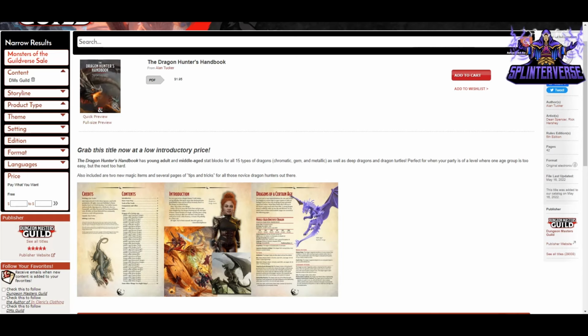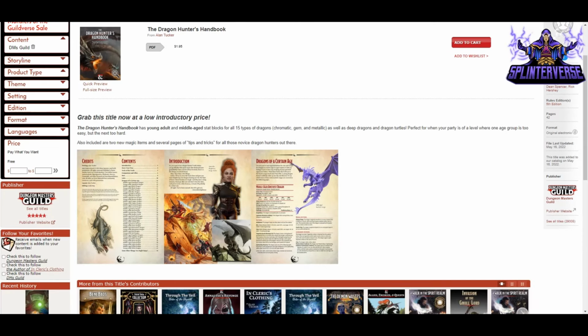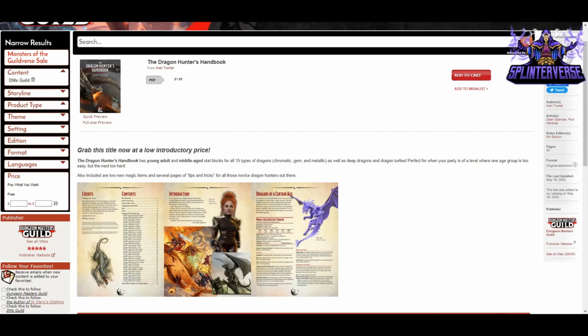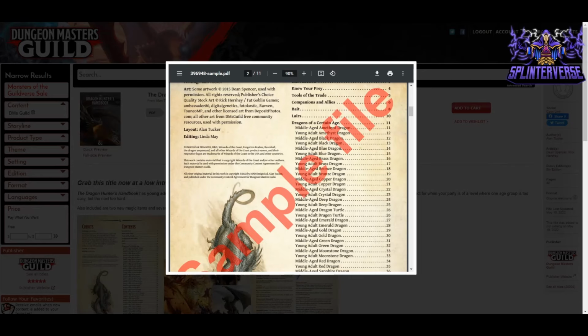Perfect for when your party is of a level where one age group is too easy but the next is too hard. And then there's also 2 new magic items, and tips and tricks for novice dragon hunters as well. So lots of dragon goodness. You can see some intro information about knowing your prey, tools of the trade, companions and allies, bait, etc. And then all those